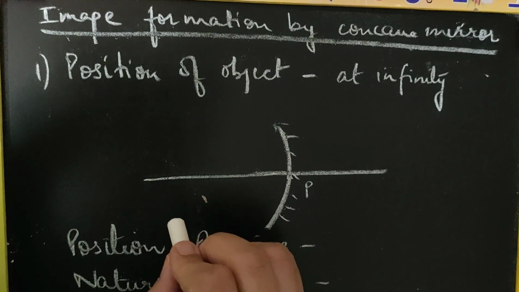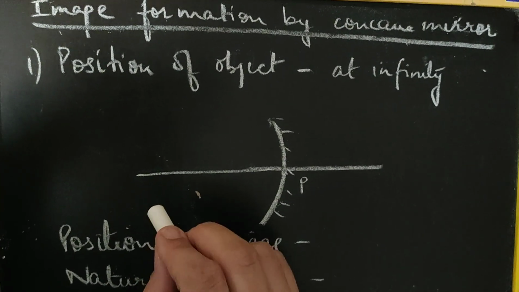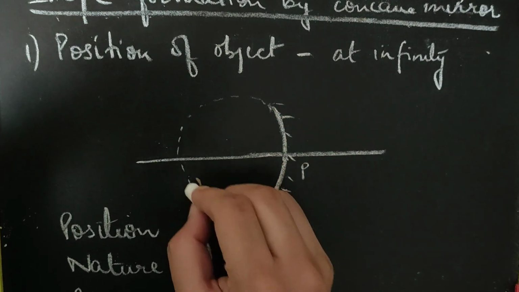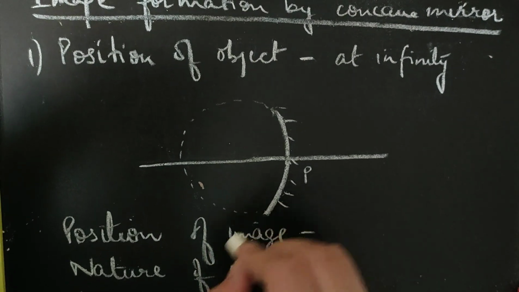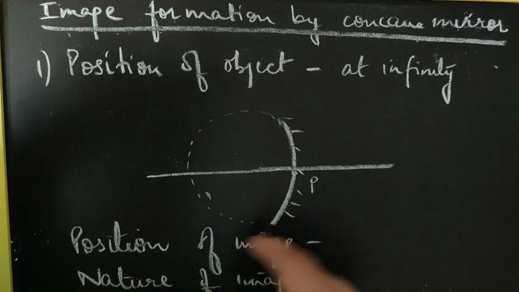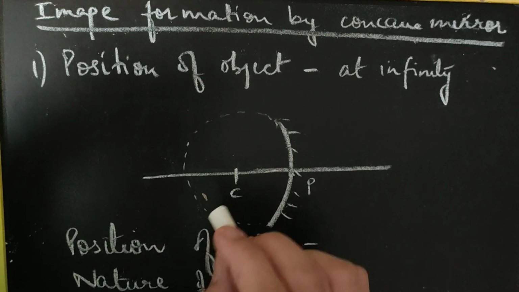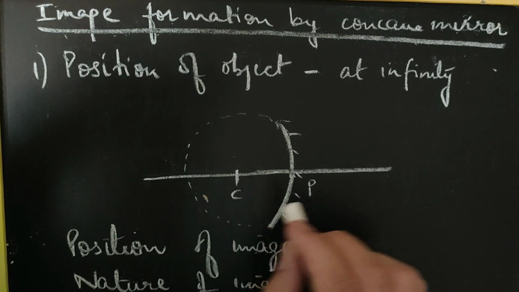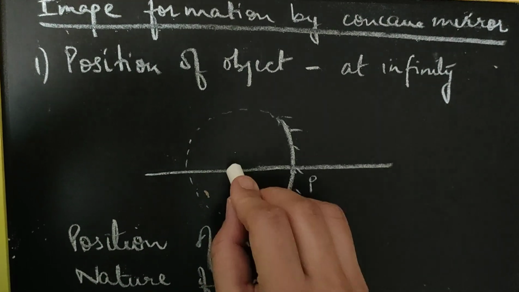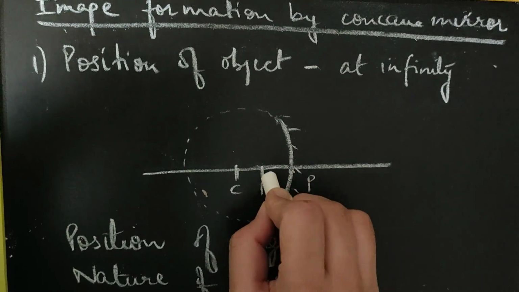Now what you will do is you will be pointing out the three main points on the principal axis every time. One is pole. इस curvature को complete करिए. This is the reason why we call them spherical mirrors, because they can be considered to be a part of a sphere. सेंटर लोकेट किया. ये सब हम रफली कर रहे हैं, हम एग्जैक्टली कोई कंपास लेके या मेजर करके नहीं कर रहे हैं. This is a rough assumption that we are doing, but this helps you to get correct ray diagrams. So सेंटर रफली मार्क किया और पोल और सेंटर का मिड पॉइंट मार्क किया जिसको हम फोकस कहते हैं.